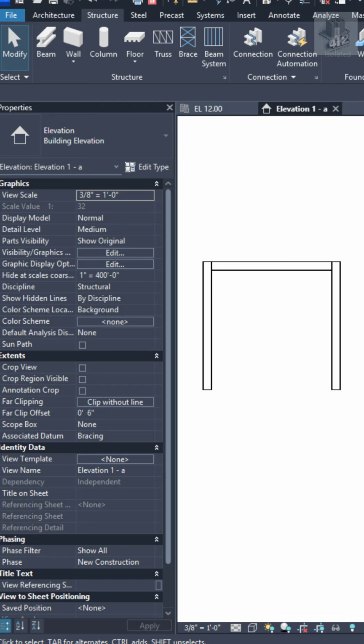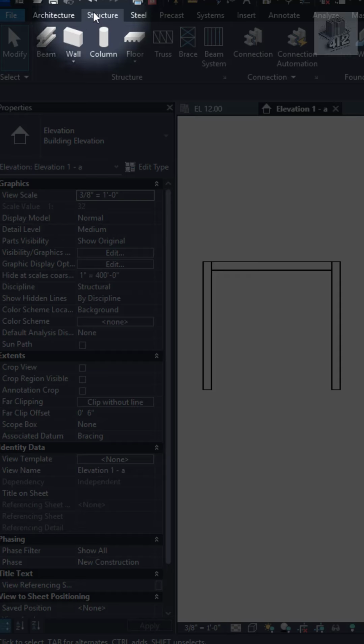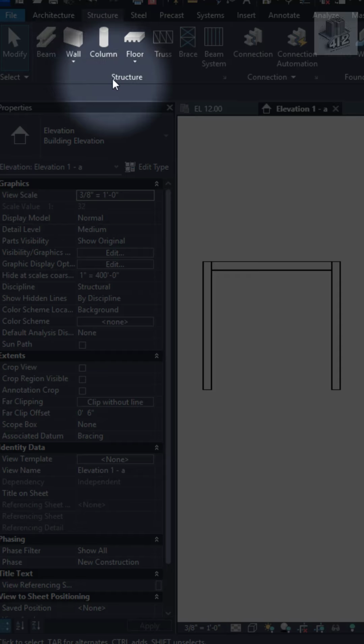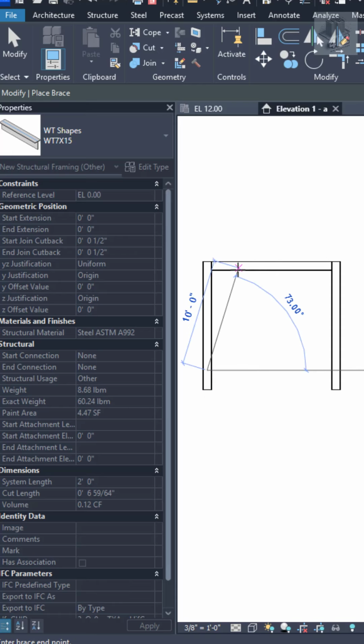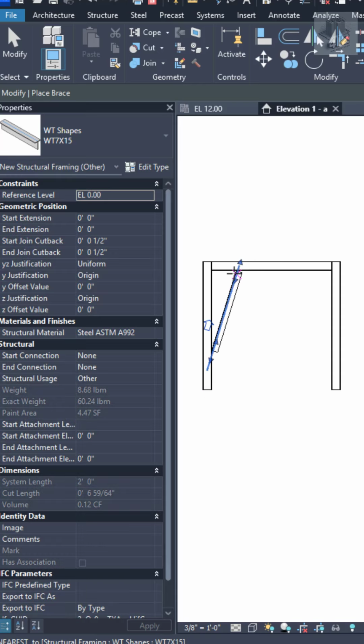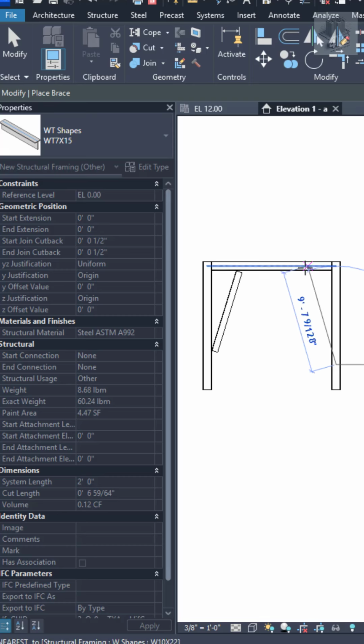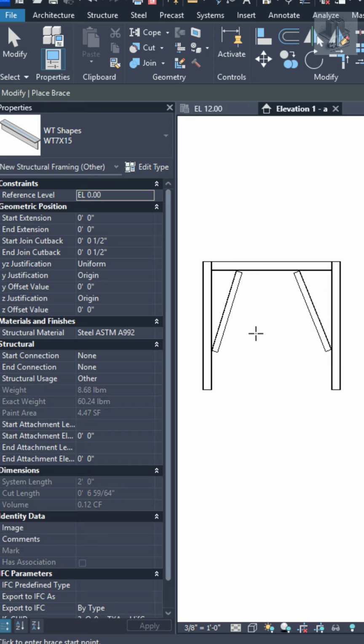Now that I'm in my framing elevation view, I'm going to go up to the Structure tab, Structure panel, and go to the Bracing tool. It's set for WT 7x15. Now I don't have to put it exactly where I want it, and that's where the controls come into play. Click anywhere on this column, anywhere on that beam, anywhere on this column, anywhere on this beam. And it's important to go bottom to top,